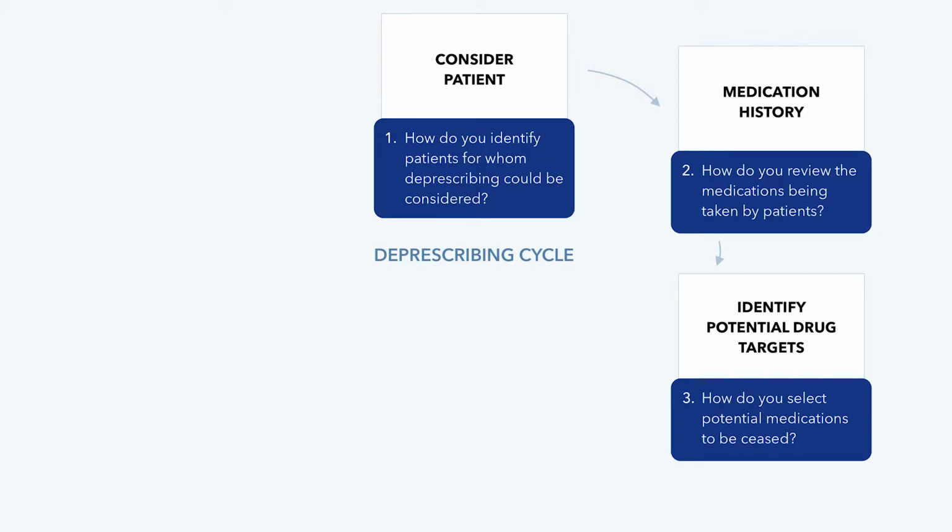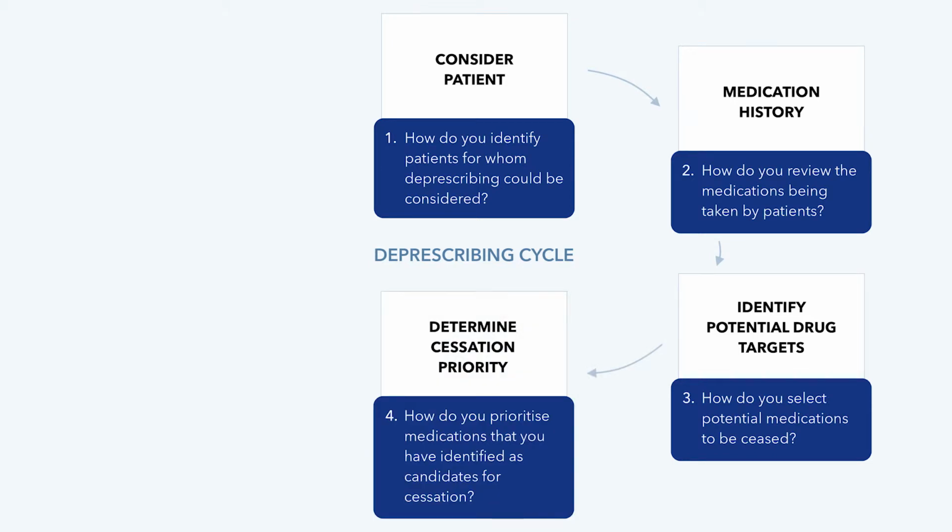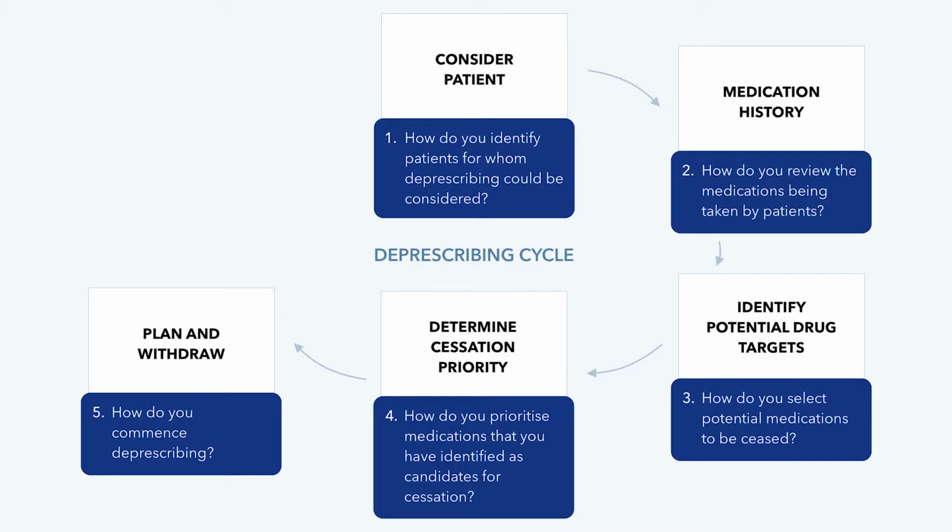Once you've done that, you can design a hierarchy, and the hierarchy is designed to pick out which drugs are, in your opinion, the most important ones to try and get rid of first. And we'd always suggest that you think about one drug at a time rather than confusing the issue by stopping multiple drugs. So the next stage is to develop a plan, and that plan needs to be a detailed withdrawal